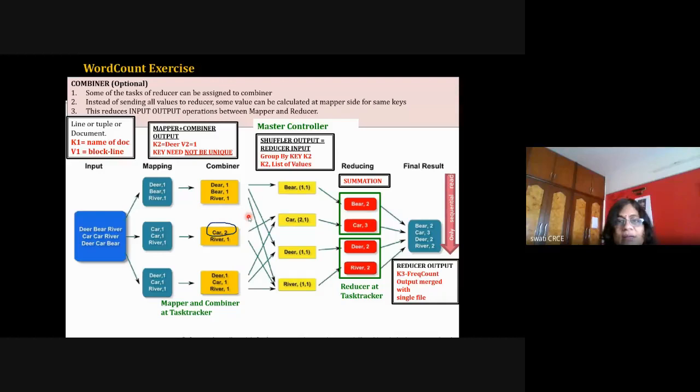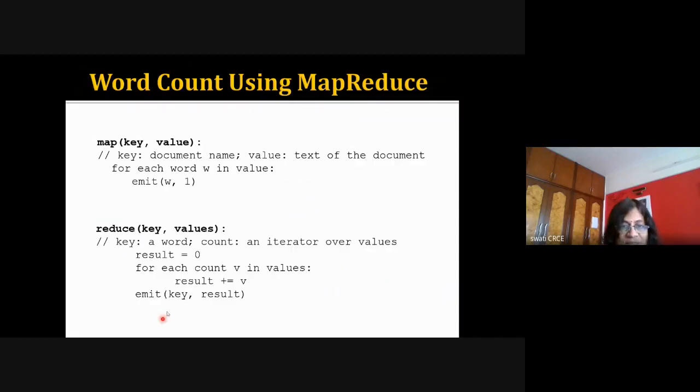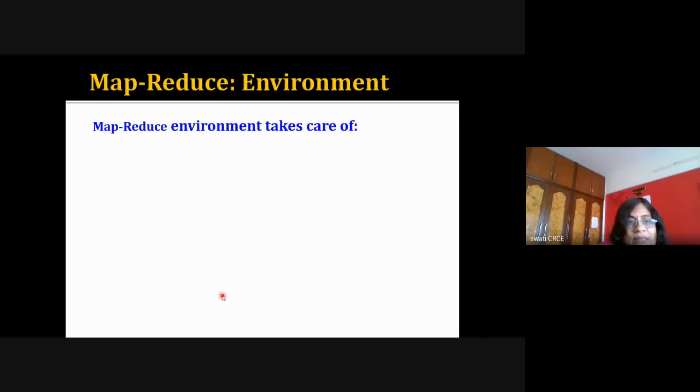Okay, shuffling understood. Shuffling is done by the framework in such a way that all the same keys will reach the same reducer, and values are combined together. Instead of a single value, it is now a list of values. So that is what is written over here: values is a list of values, and for every v in the values, you add it into the result, and finally the result is the frequency. So this is the algorithm or pseudo code that you can write in the exam.